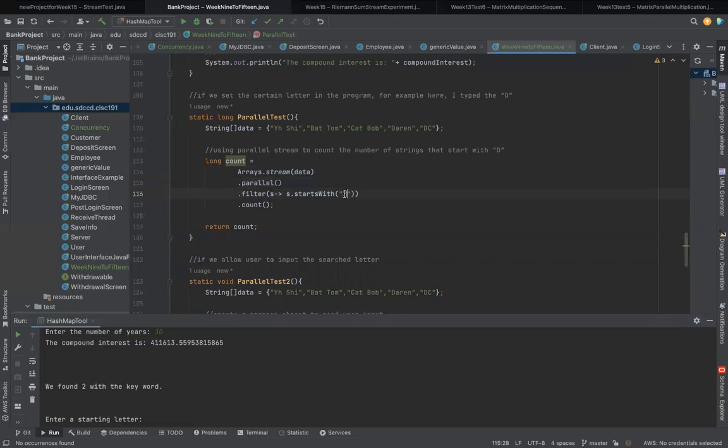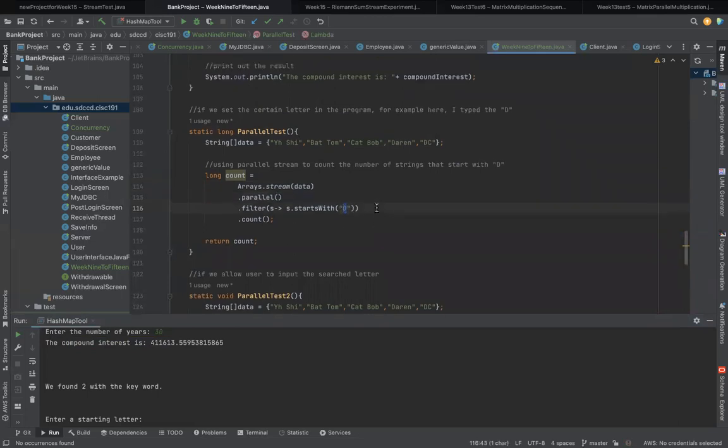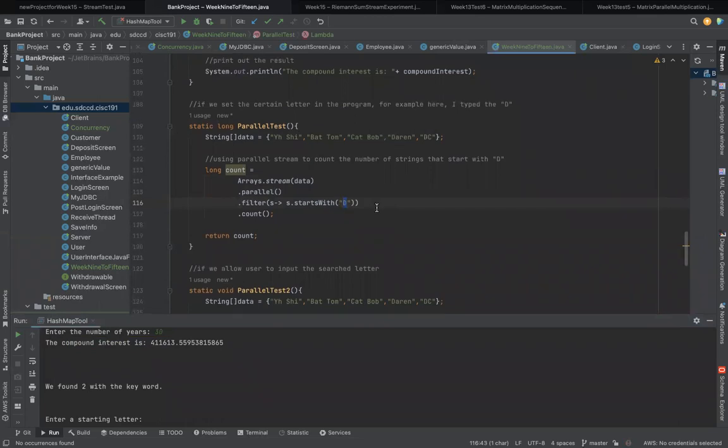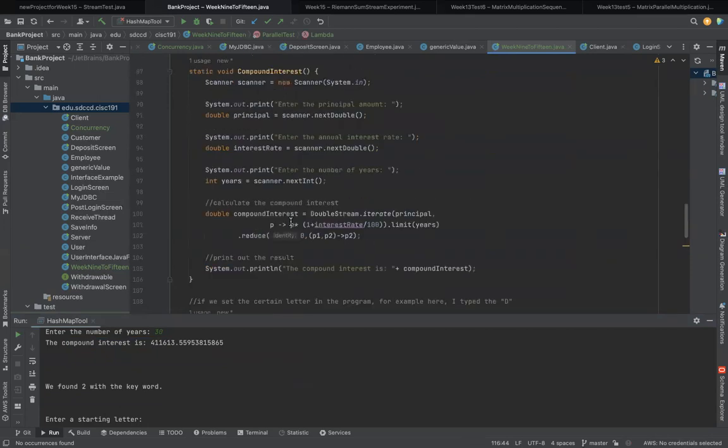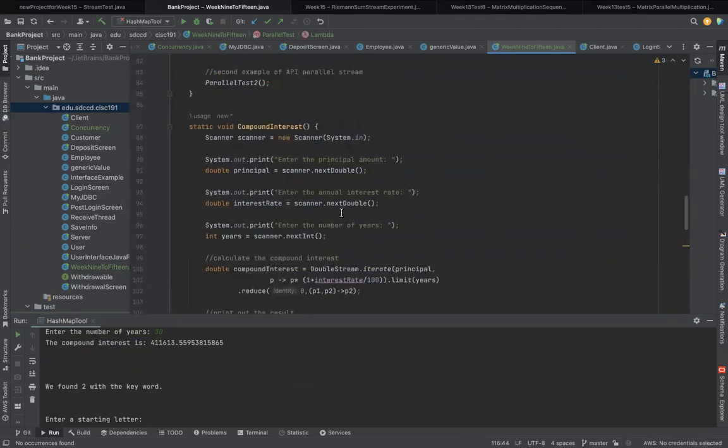And here, for example, I'm a banking system's server. So basically, I type the keyword in the program, then I go search. So, for example, here,